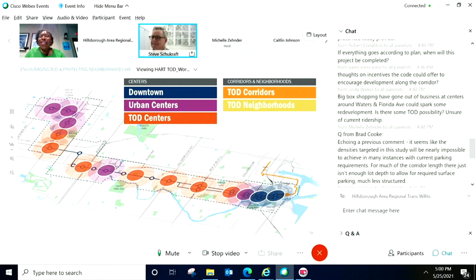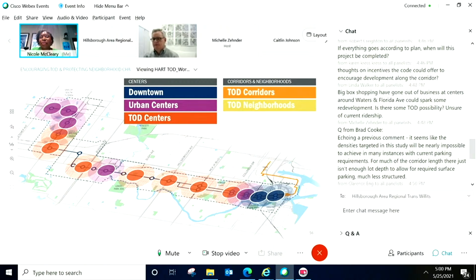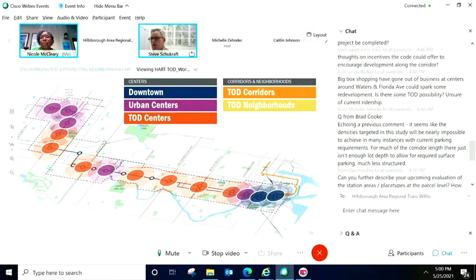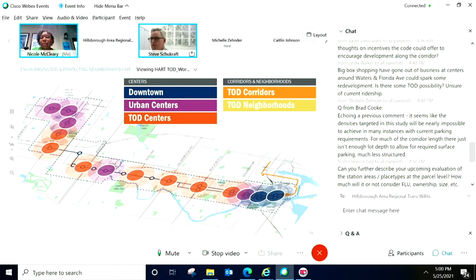Sure. Thoughts on incentives the codes could offer to encourage development along the corridor? Let me combine that question with the comment from Brad Cook about the densities targeted for the study and the ability to achieve those densities.